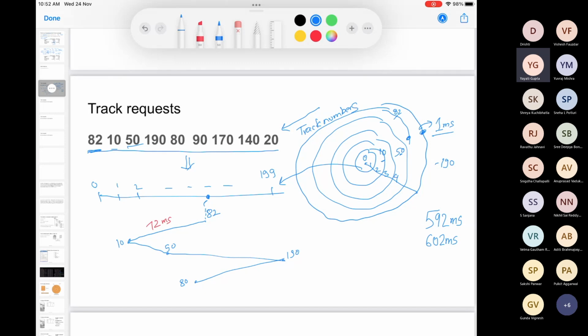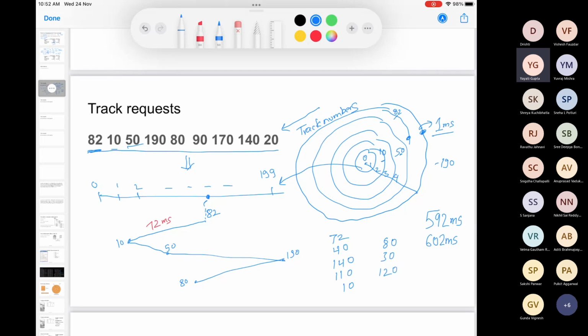So you just have to do that calculation here, right? 82 minus 10 plus 50 minus 10 plus 190 minus 50, so on and so forth. 72, 40, 140, 110, 10, and then an 80, then a 30, and then a 120.